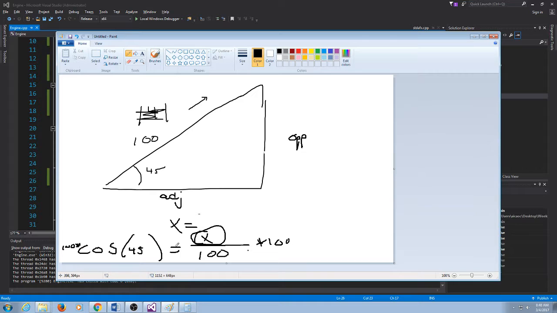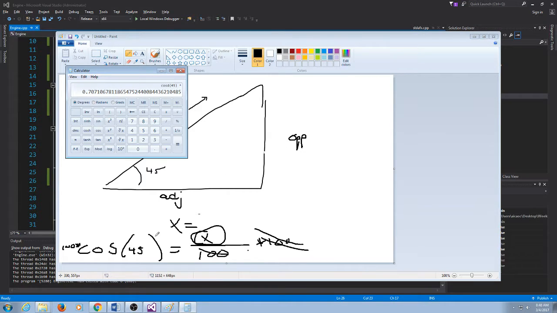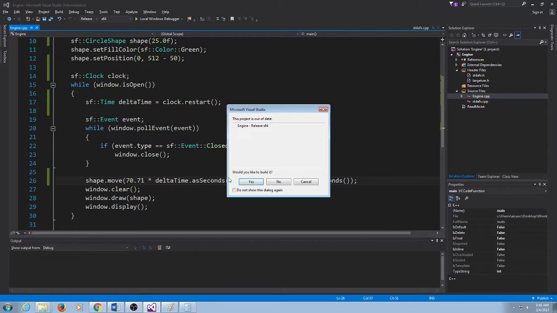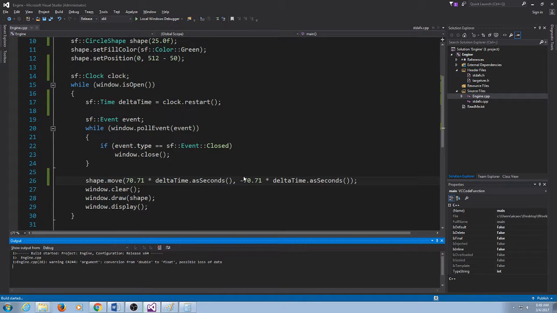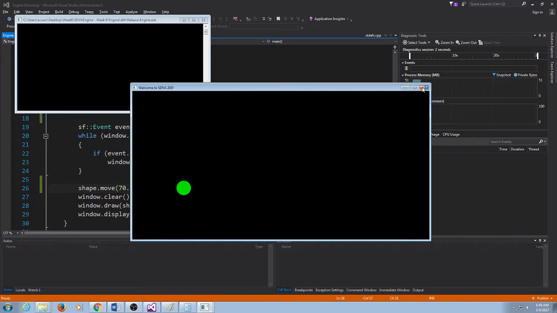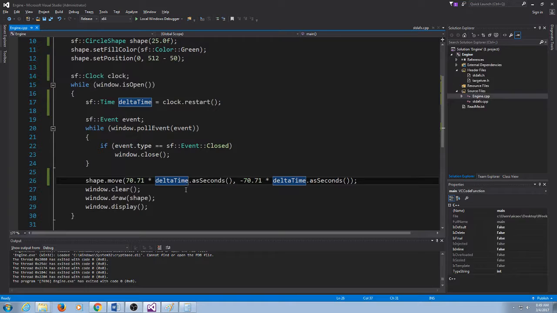100 times this. These cancel out, and I get 100 times that. So I get 70.71. So I know that's what I'm going to use here. And negative 70.71. This will make it move at 100 pixels per second to the top right. You can't really tell. I mean, it doesn't look that much different from the previous run, but you'll know that